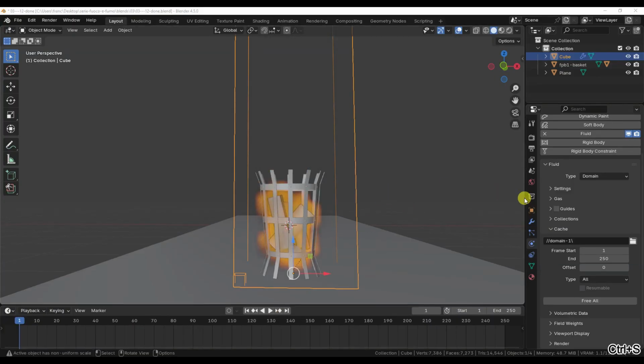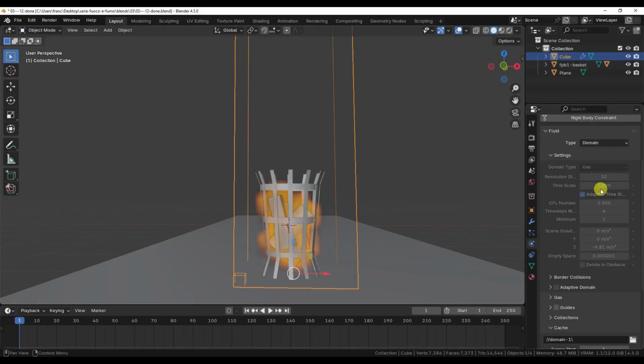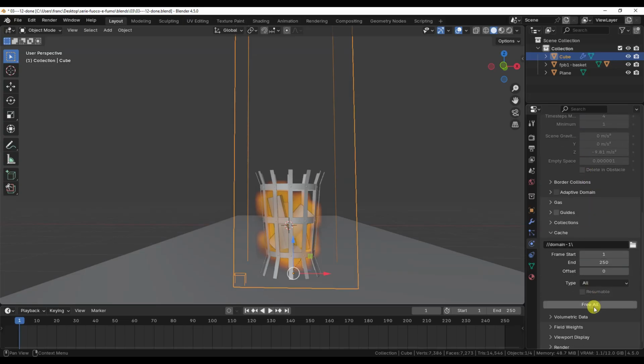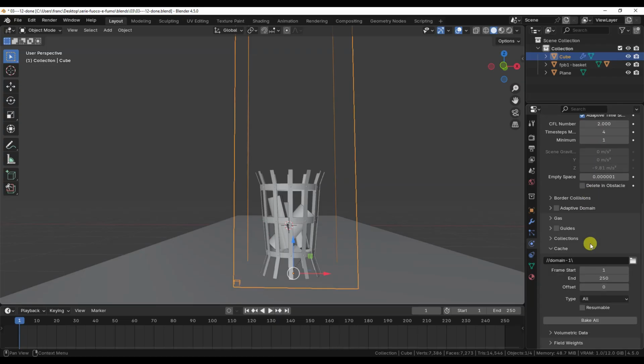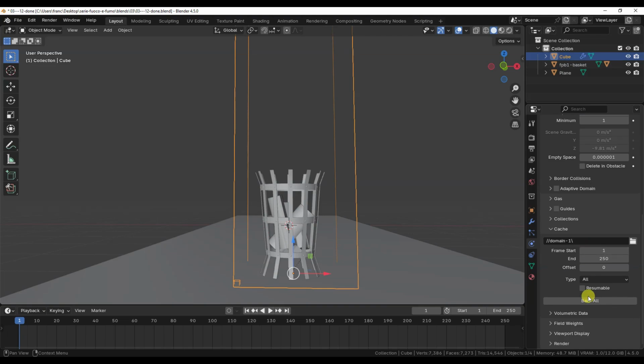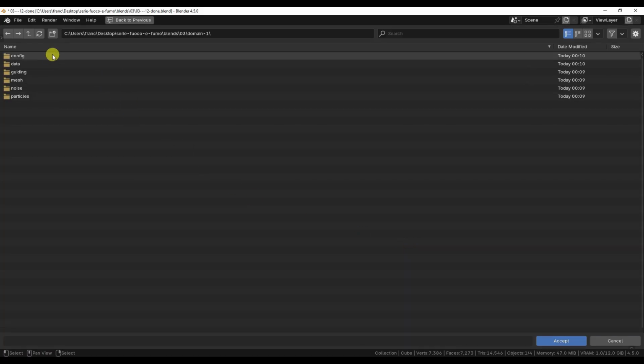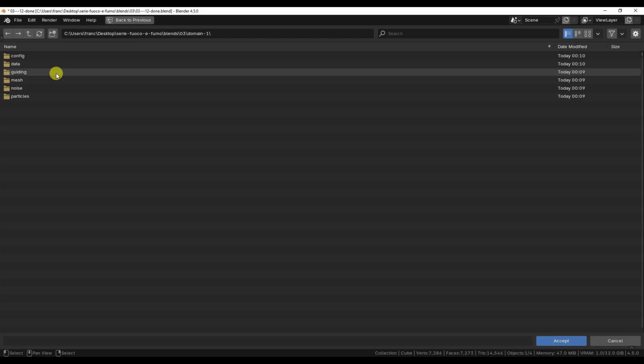To modify the simulation settings, you first need to clear the existing data by clicking the Free All button. At that point, the parameters will become editable again, and you can change them. Of course, you'll then need to click Bake All to have Blender recalculate the simulation. Taking a look at the folder being used will give you an idea of the different modules or baking steps that are calculated and stored separately when using the modular and all modes.